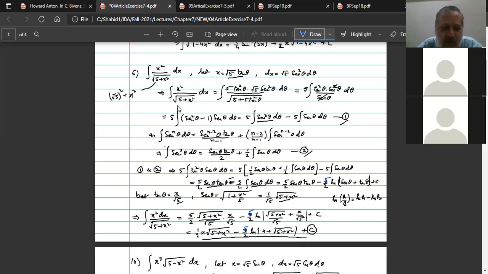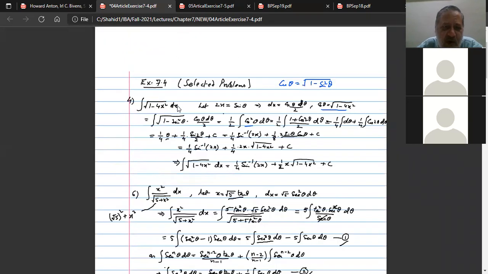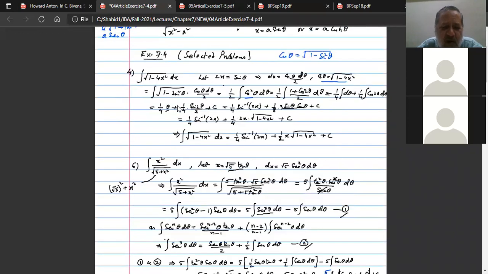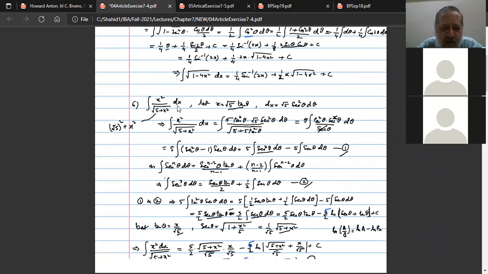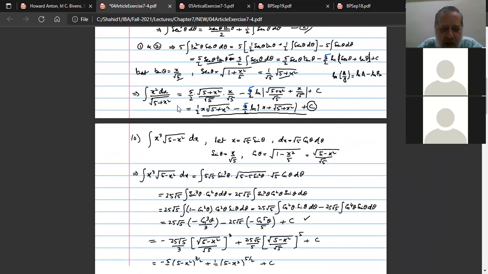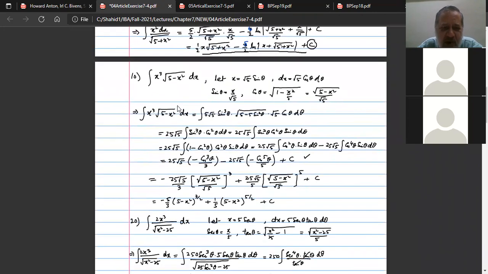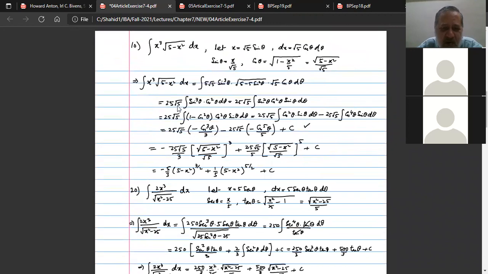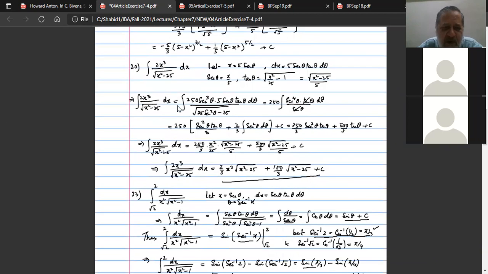So these are two examples, one where there was constant minus variable squared, and one with constant plus variable squared. Another example, question number 10, where constant minus x square is there. Then we come to the case where we have variable squared minus constant. So this is the square of 5. So x square minus 25 is x square minus 5 square.